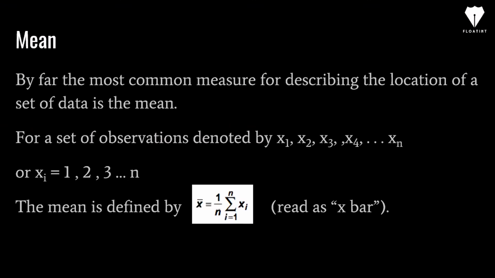So the first measure of central tendency is the mean. You must be familiar with this metric. It's nothing but the sum of all the observations in your data divided by the number of observations. This is the simple formula for mean, which is denoted by x bar. This is the notation for sample mean. It says 1 by n into the summation of all the observations, that is all the xi's.